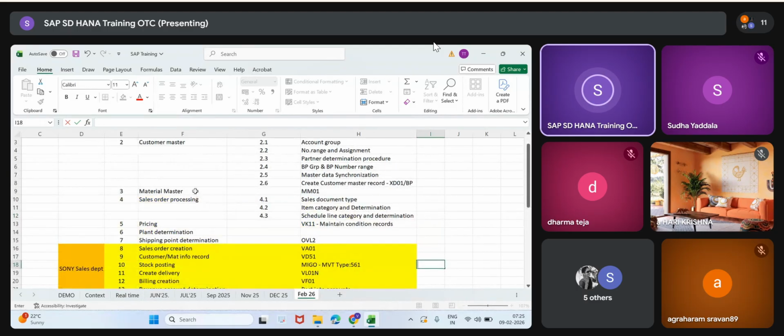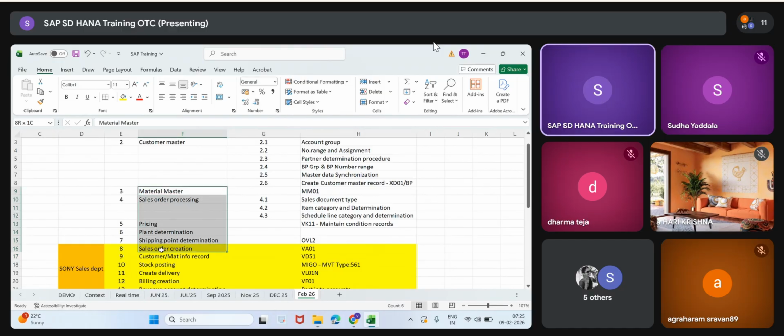Without creating the material master, he was asking me, sir, can you please activate material ledger? Then while activating material ledger, I got so many errors. Why? Because he hasn't done these many things. Then I told him, why are you asking me? You were supposed to complete all these concepts till today, till this step. Then only you require ML activation.